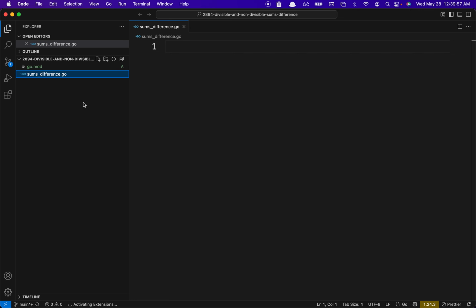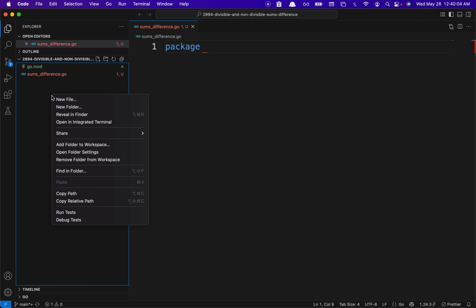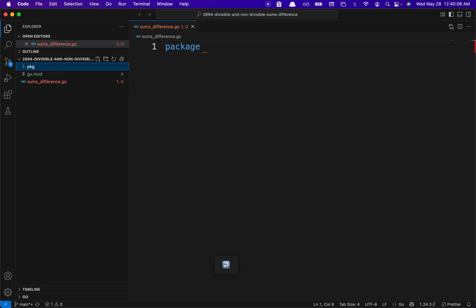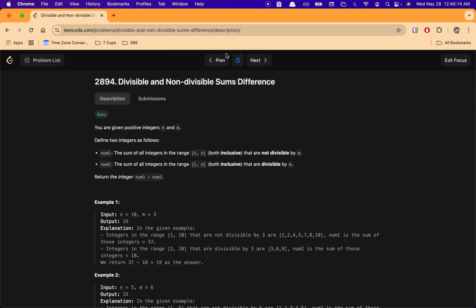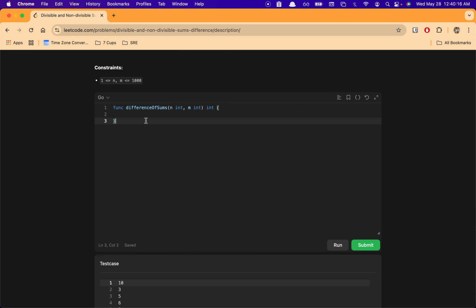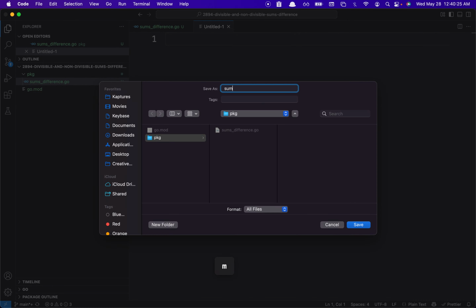Okay, and call it package, maybe pkg. Okay, and I'll just take this and write it here. Let me actually create the sums difference test.go,